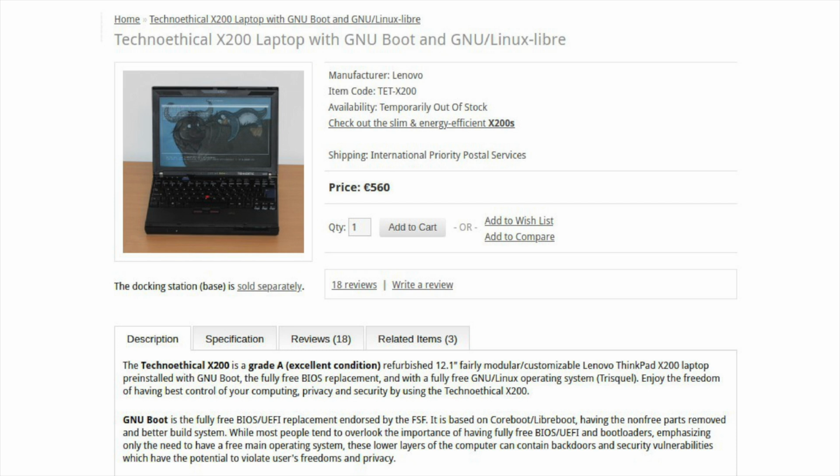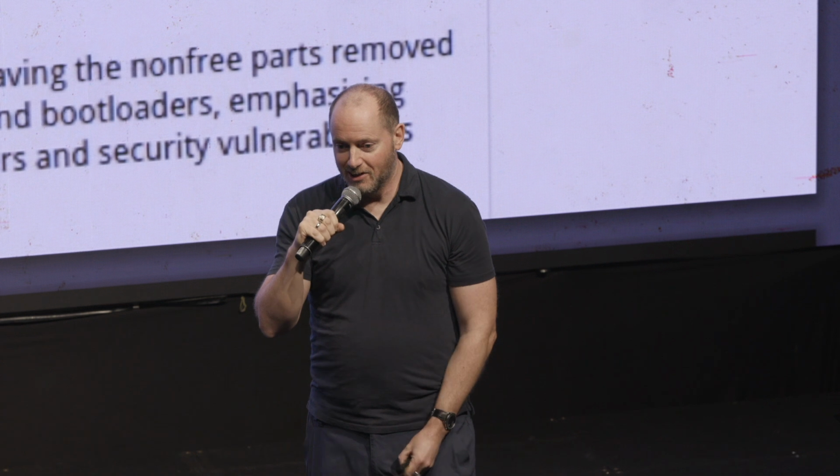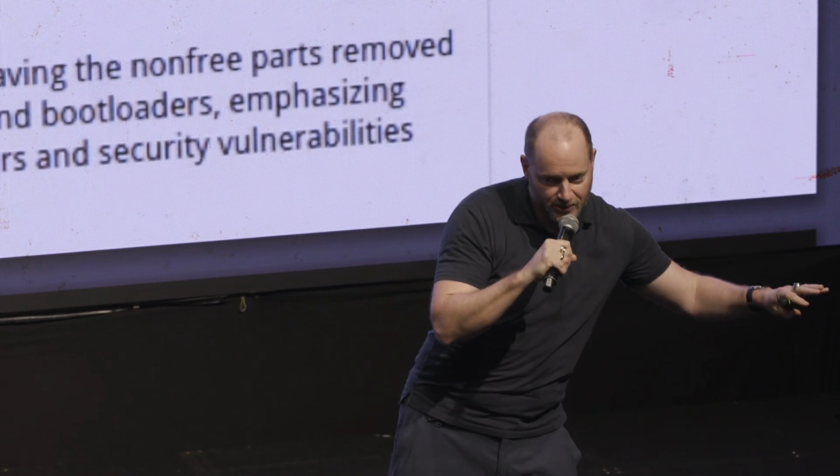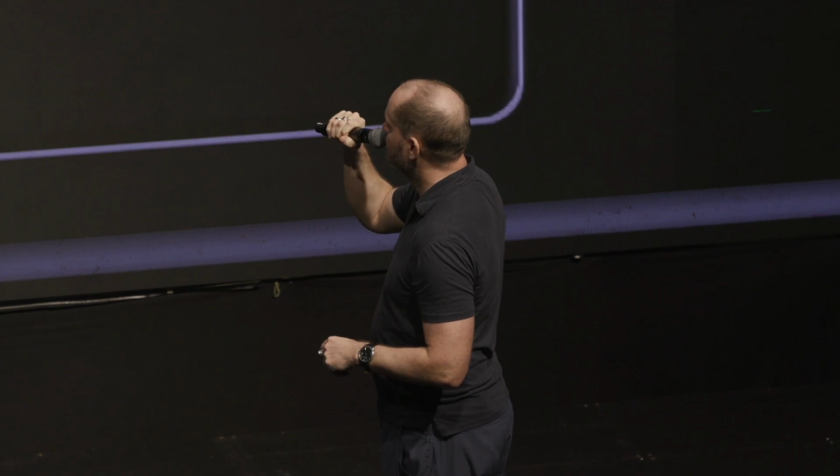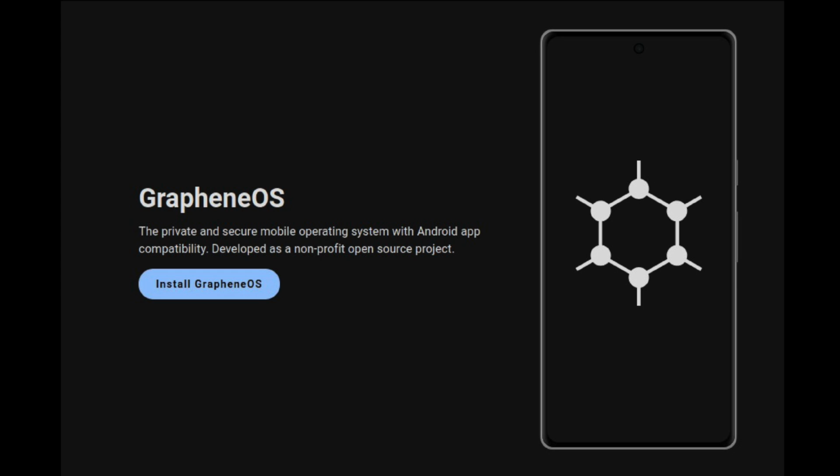But I was thinking, well, it's one or the other, right? You can have your freedom, or you can have the convenience. But that isn't actually true. So GrapheneOS, I hadn't really seriously looked at until recently because of this kind of history. But what you have with Graphene is a hardened, privacy and security-oriented Android open source project.